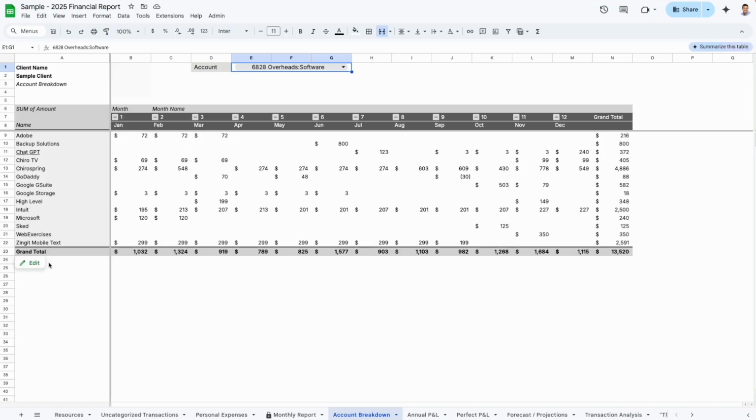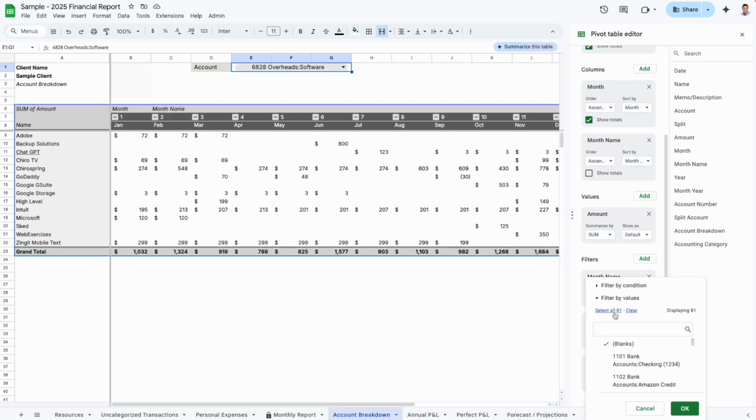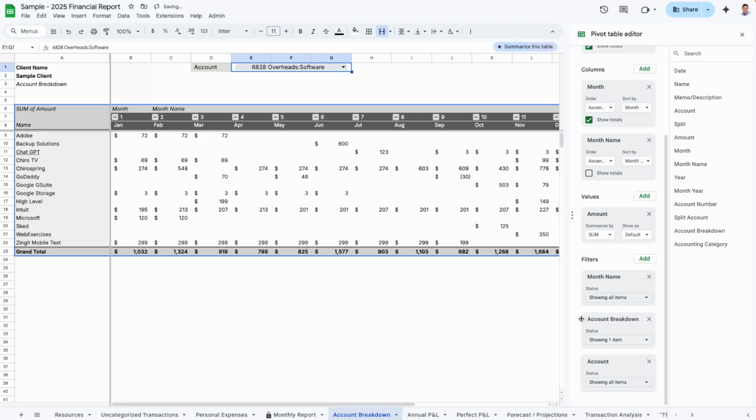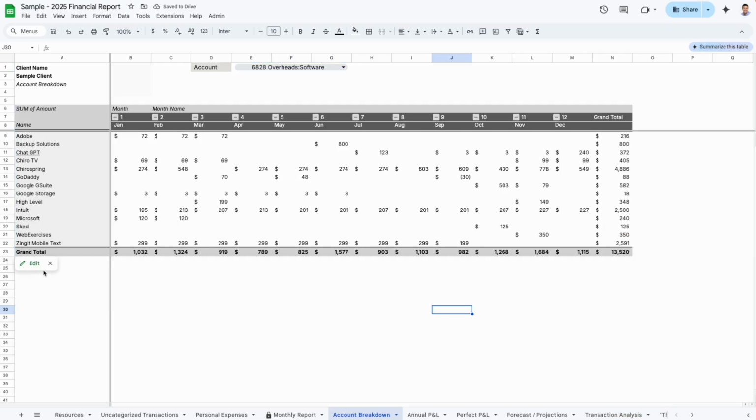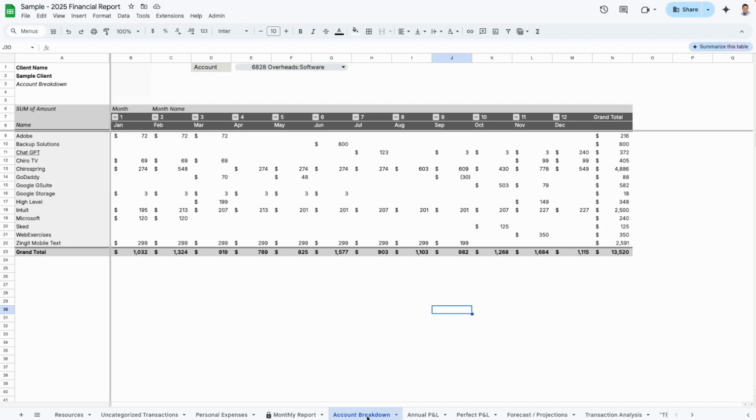For those of you that understand how the sheets work, it is just a pivot table. Every now and again, we need to just make sure that all the accounts are selected on the back end. Sometimes it doesn't give us the full range because of the functionality of how a pivot table works. Unfortunately, it's just something that is the way sheets work. It's not something we can do just by a simple drop down at the top here. There is also later on in the tab, there is the standard account analysis sheet that you could use if you wanted to, if you understand Google Sheets a little bit better, but we're just trying to improve the functionality